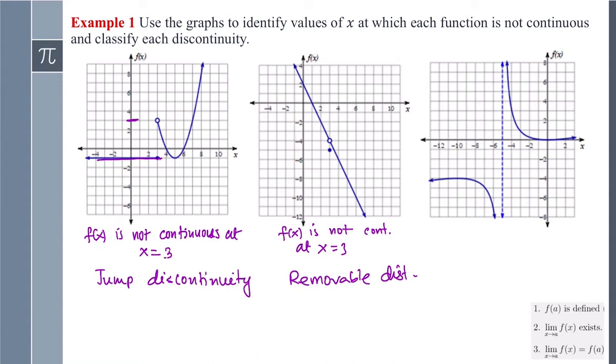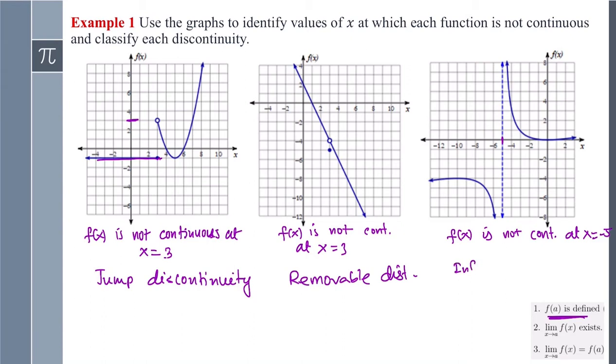So the third one is the function is not continuous at -5. Here, the function is not defined. So the first condition does not hold here. So f of x is not continuous at x equals -5. This type of discontinuity is called